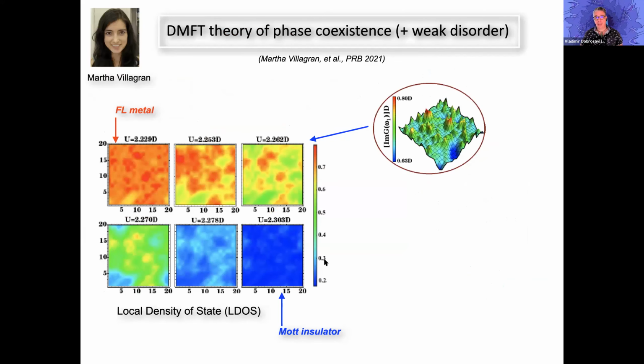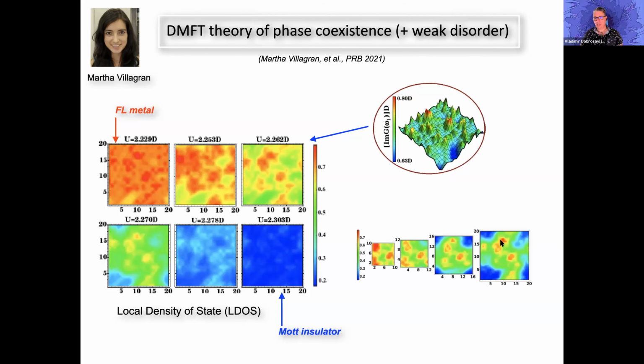So if we take again supercell DMFT, with weak disorder, and we look at the coexistence regime. This is what Marta Villagrán, who's a former student of Eduardo and myself, has done. And we published a paper just this year on this. You can see here some snapshots of what the local density of states, color-coded, does as you approach the transition. We start from a metal towards an insulator, but the intermediate regime has these large scale inhomogeneities, just as I hinted.